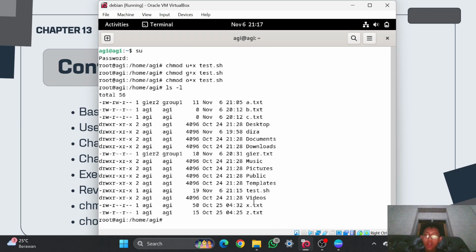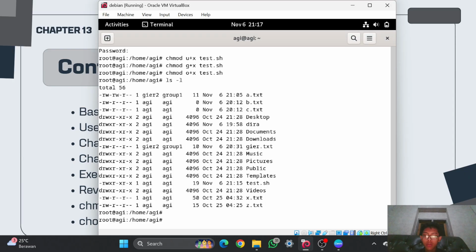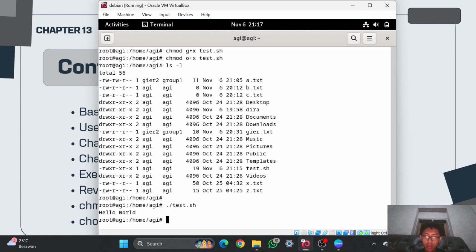And right now, for test.sh, the other user and group have permission to execute the file. As you can see, there is X right now. To run it, you can use dot and then slash and the name of the file, which is test.sh.